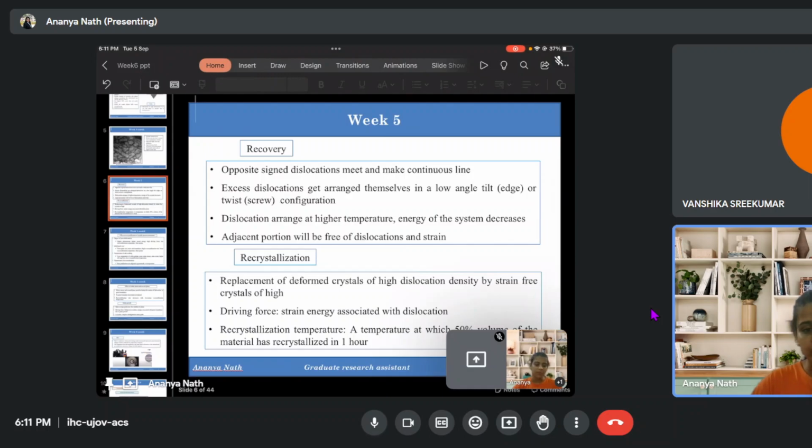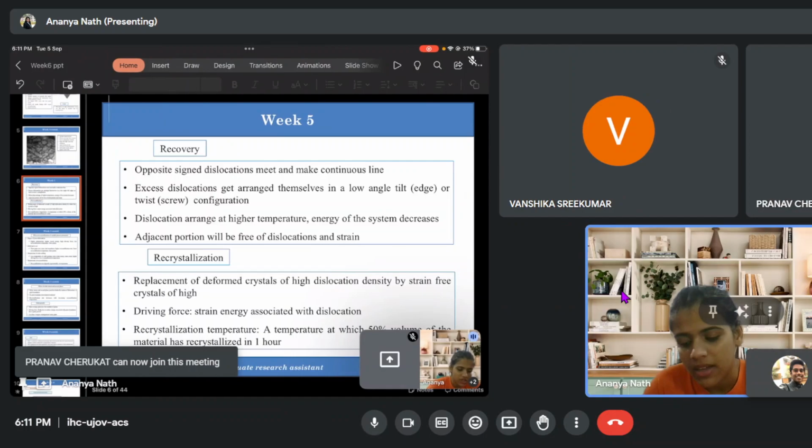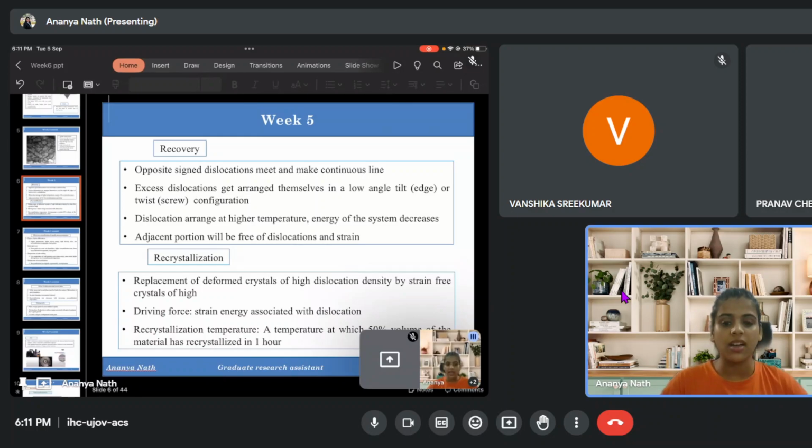So it may happen that opposite sign dislocations meet and make a continuous line, so again there will be no dislocations present after that. Or if they are of the same sign, then they can just get arranged in such a manner